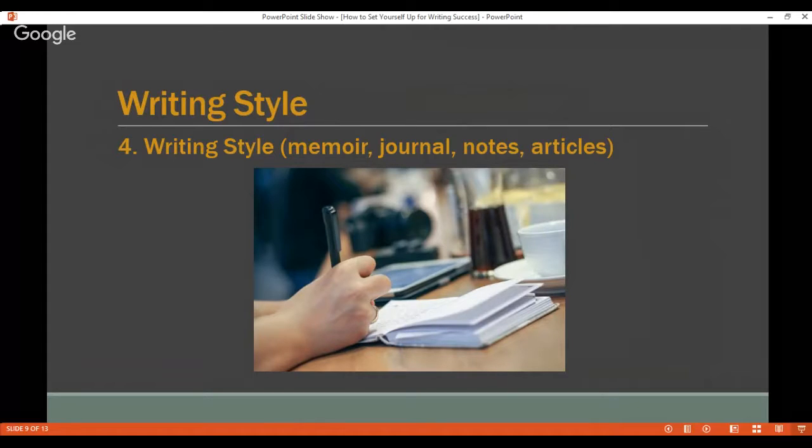All of these things are completely normal for people to want to do. But when you're starting off that ritual and you are creating the ritual for writing so that you can be successful, I want you to start off with just one style, okay? Just one style to begin with. Because if you start with one style to begin with, you are more likely to be successful.